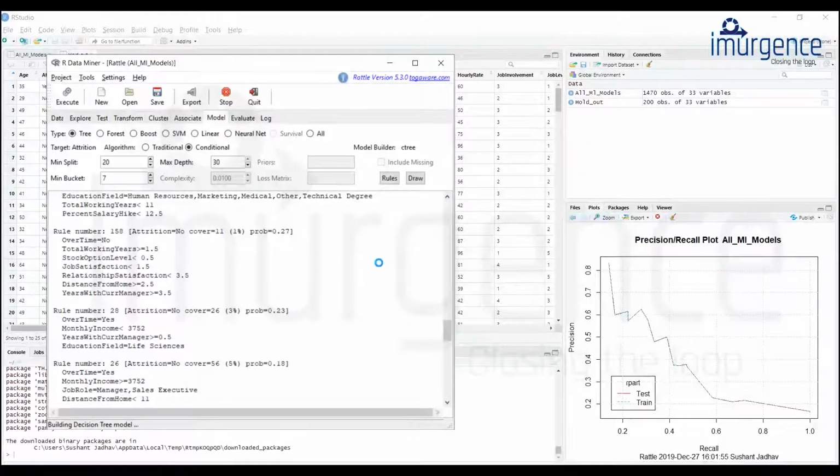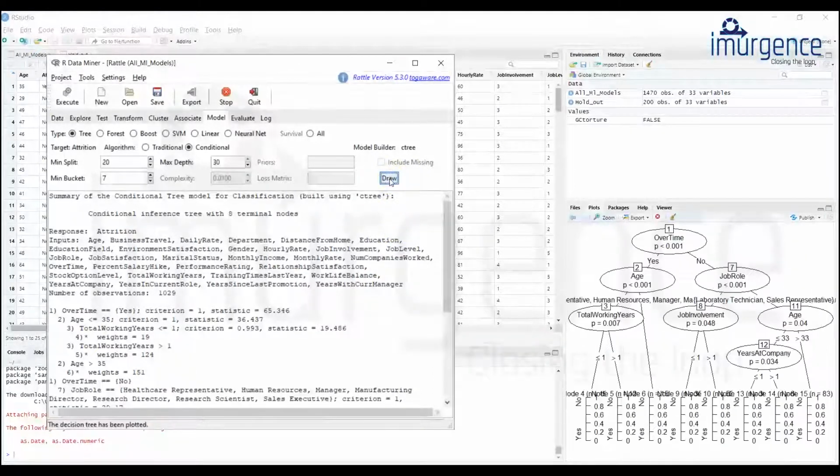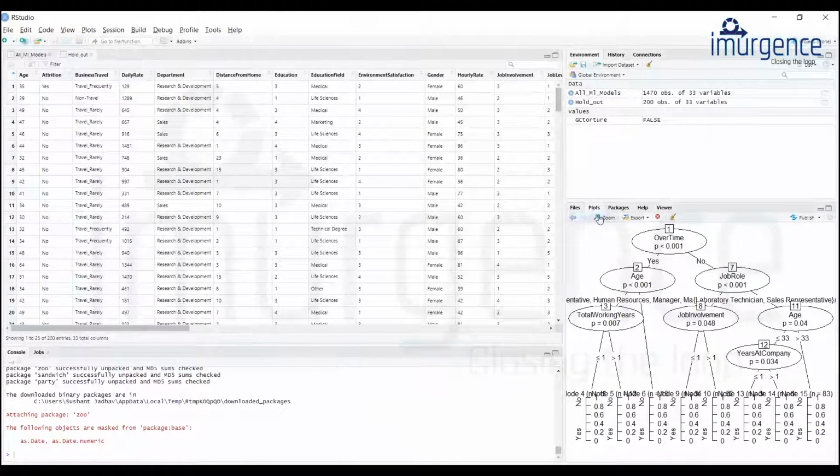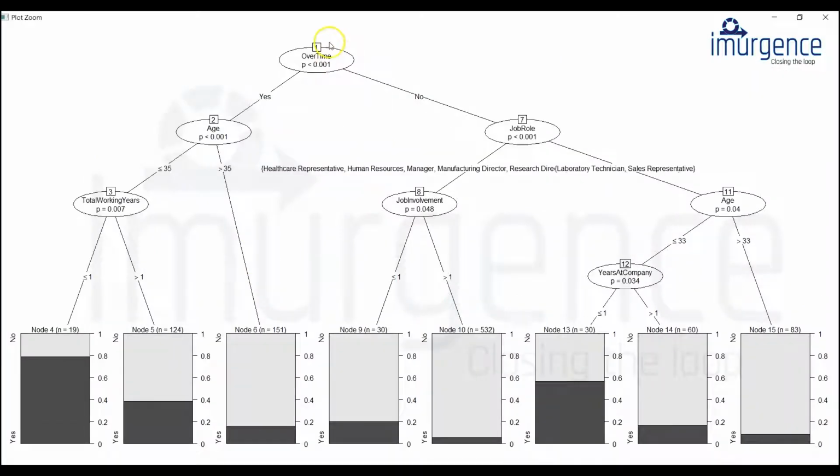So you can expect maybe a better visualization in this case. Okay, so it will be more clear to you. So you see the branching happens over here. So at this point in time, overtime was selected as a variable which was important. So yes came over here, no came over here. So those with yes for overtime came over here. Then again the variable of importance over here became age, then the bifurcation, then age less than or equal to 35, greater than 35. This node terminates over here.